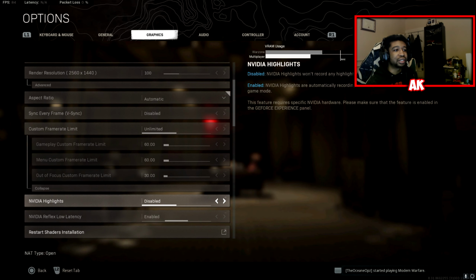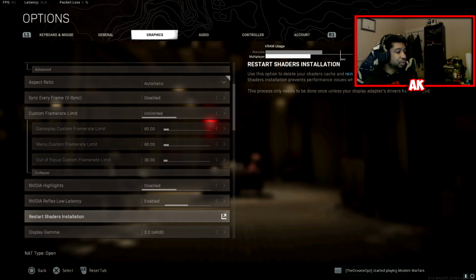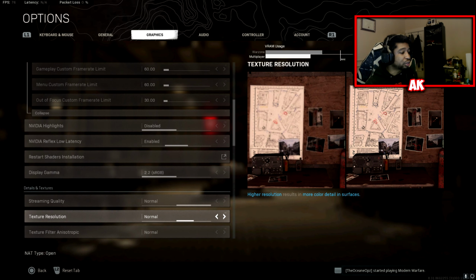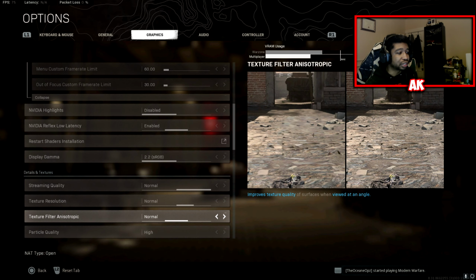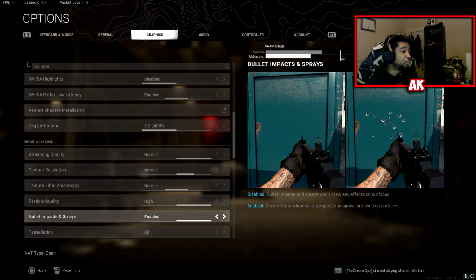NVIDIA highlights, I leave this on disabled. It's basically tanking your frames. Reflex low latency on enabled. Restart shaders, that's obviously something you don't need to worry about, and display gamma set to default at 2.2. Streaming quality on normal, texture resolution on normal, texture filter anisotropic on normal, particle quality on high, bullet impacts and